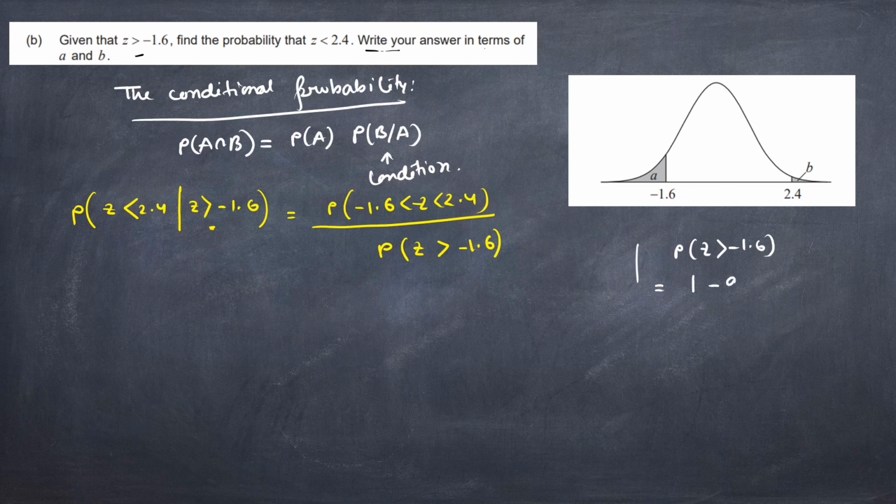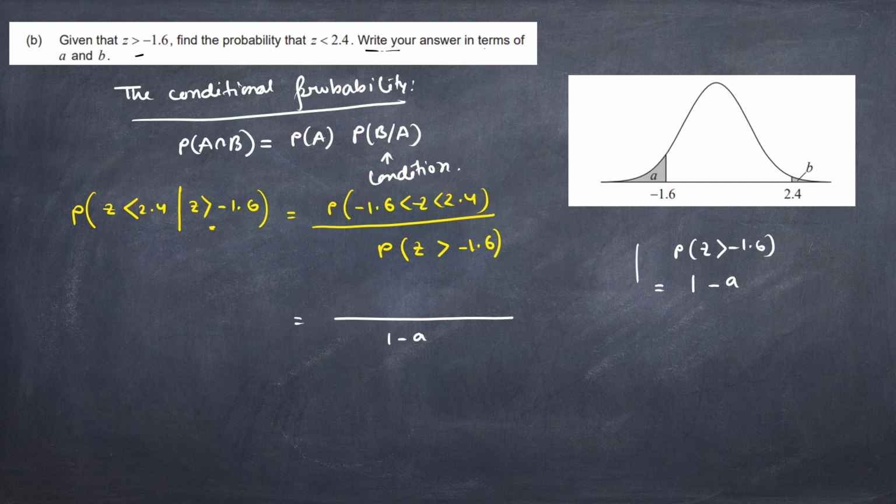So ultimately this will be 1 minus A. So in the denominator we are having 1 minus A. This we have found out. And for the upper part, the area will be the middle section that we have already calculated in the previous question. We will just put that value here.